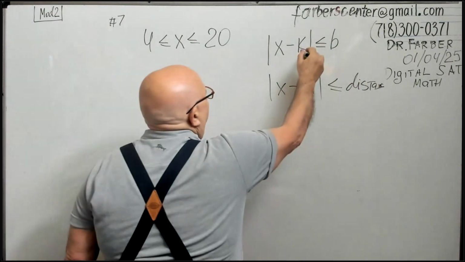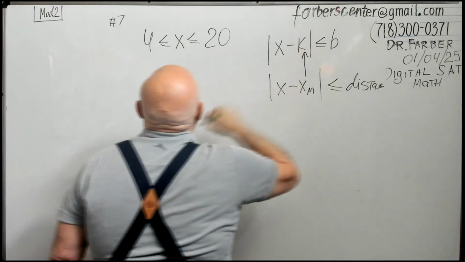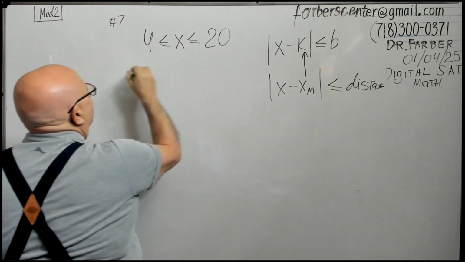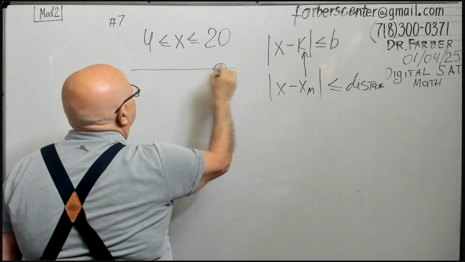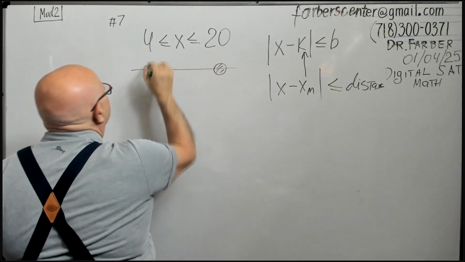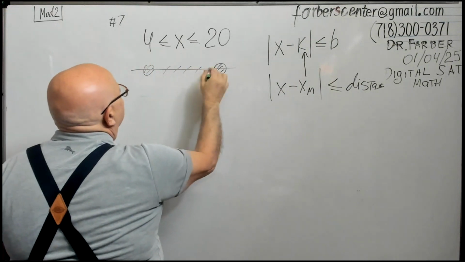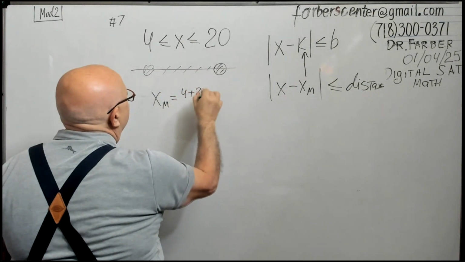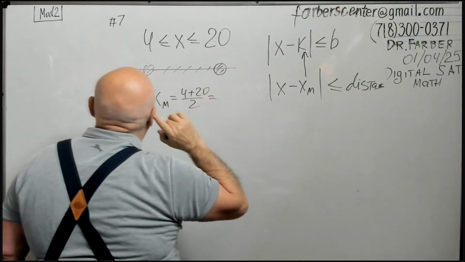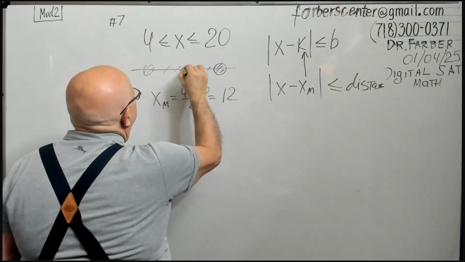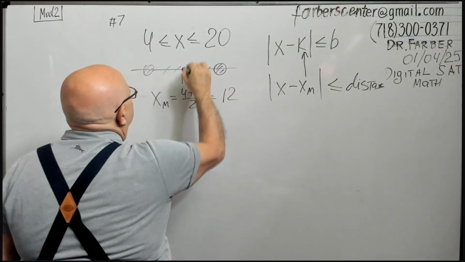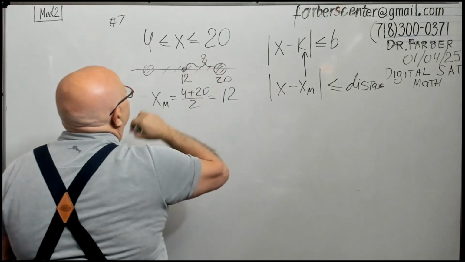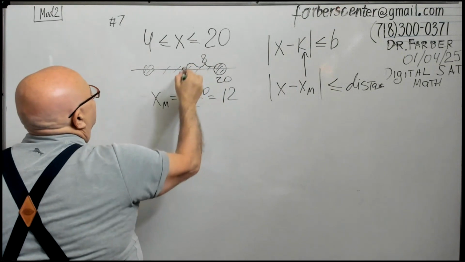So this is the midpoint xm, and pretend I just make a visualization. This is 20, and this is 4. And this is the midpoint. xm equals 4 plus 20 divided by 2, which is 12. And this is 12. And this distance is, since this is 20, 8. And if you subtract 8,